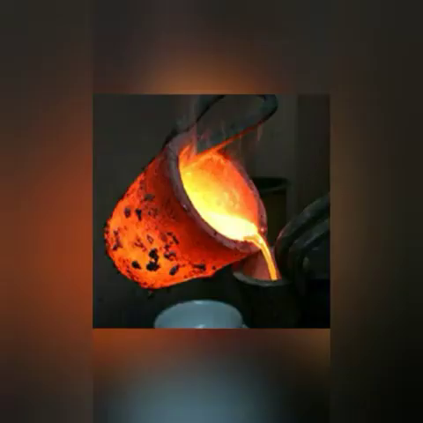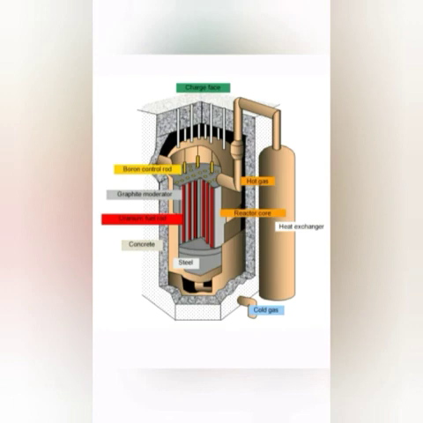Next, it is used for making refractory crucibles, because it can withstand very high temperature. Also, it has a high melting point due to the strong covalent bonds between the carbon atoms. A very important use of graphite is that it is used in nuclear reactors, to absorb neutrons and as a result help in moderating the nuclear reaction. It slows down the speed of neutrons by absorbing neutrons in a nuclear reactor.